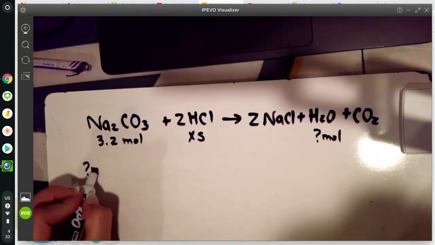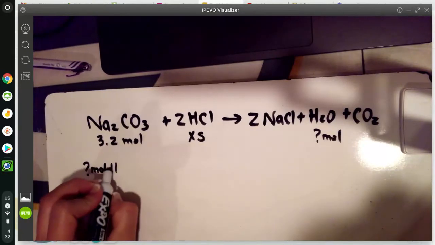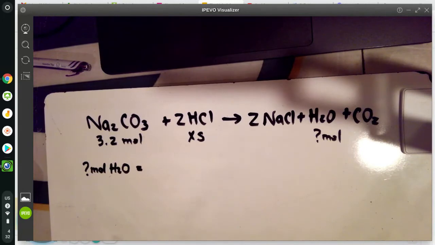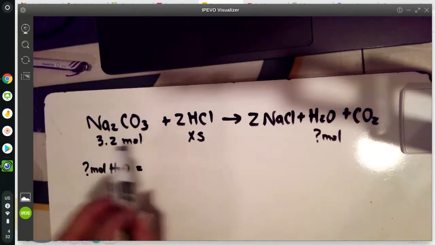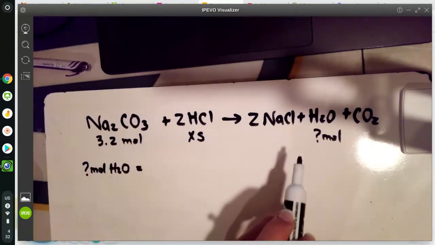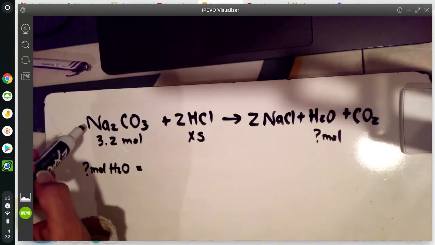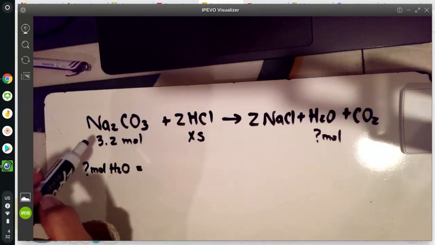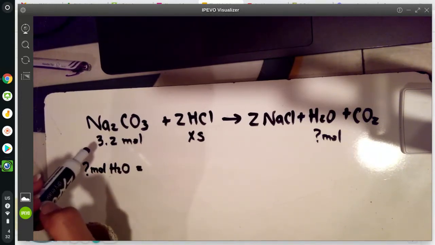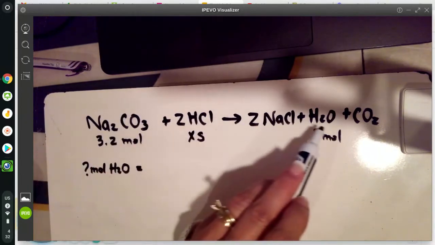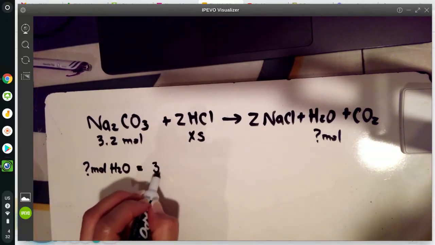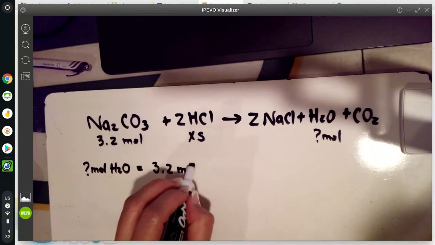And this is where you have to write small, and you have to write in the chemical formulas. Don't get lazy and just write how many moles. You're going to get lost because now I'm going between a reaction. Stoichiometry is different from molar conversions because now I'm involving a chemical reaction. Everything you've done before stayed with one substance. Now we're looking at a chemical reaction and we're going from one substance in a reaction to another substance. So how many moles of water am I going to end up with if I get to react fully 3.2 moles